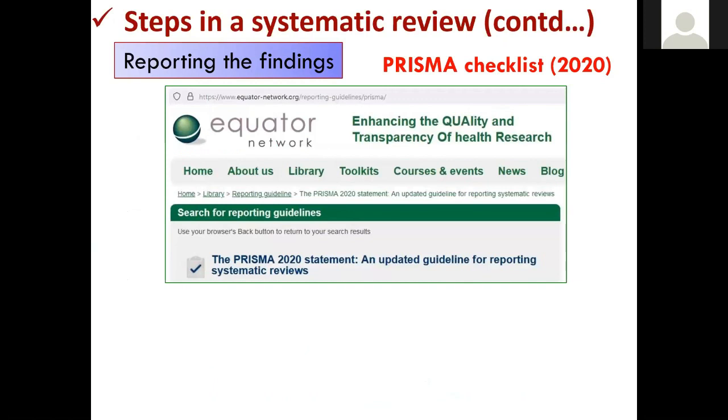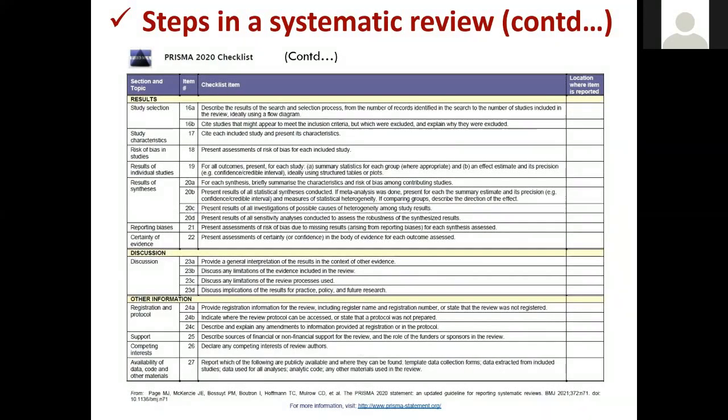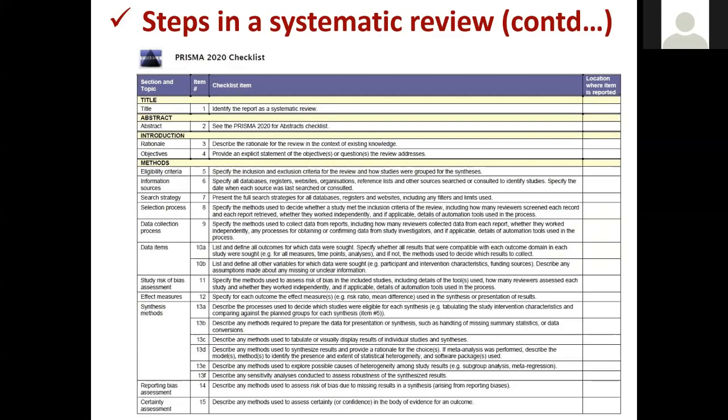So the PRISMA guidelines have undergone a number of modifications over the years. The latest one that is available now is the PRISMA 2020 guidelines, which were released just a few months back. In these guidelines, you will see there is a checklist of 27 items. Right from the title of the systematic review up till the other information like the discussion, the results, the availability of data, code and other materials, each and every possible step under the systematic review needs to be documented